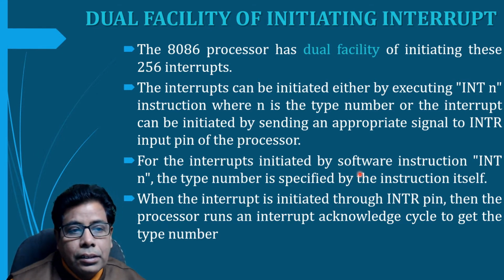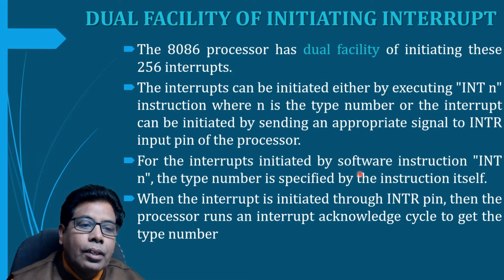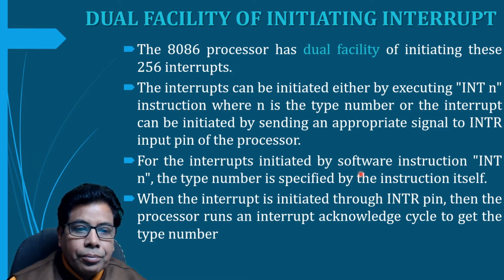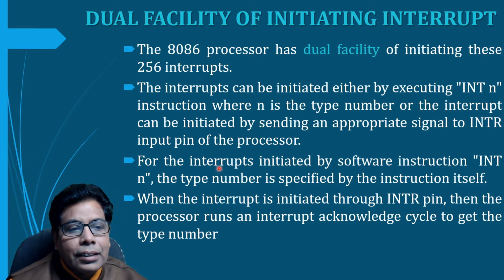And similarly, we can initiate 256 interrupts on the line INTR. So for interrupts initiated by software, that is INT N, the type number is specified by the instruction itself,